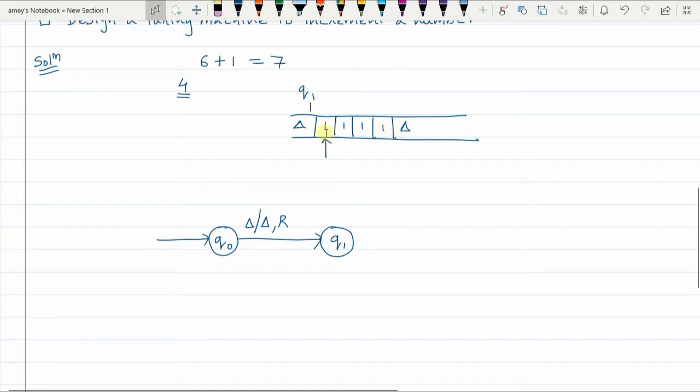So what will happen? Originally there were 4 ones. After adding one more 1 here, you would have actually got the answer. You get 5 number of 1s. That's the answer. Okay. So when you are in Q1 state, if there are any 1s encountered, you replace 1